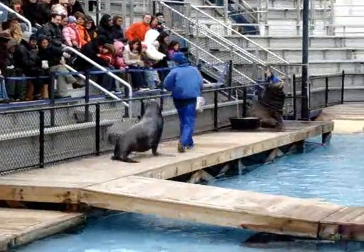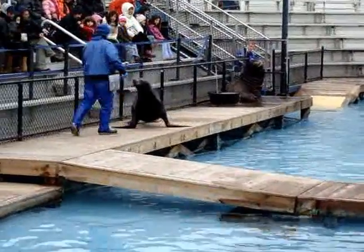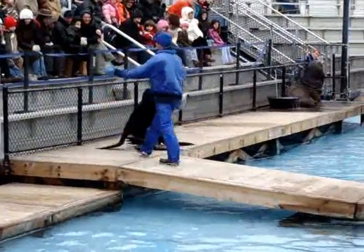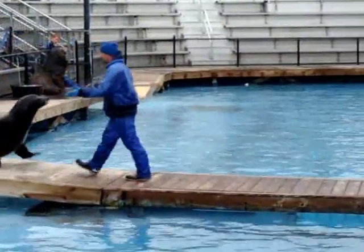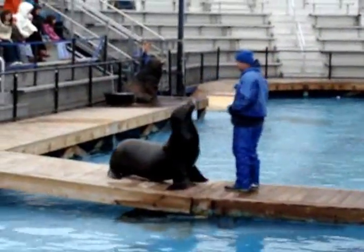Now their hind flippers are used for steering in the water, but as you can see, can rotate underneath their body so they can walk on all fours. Now this makes them extremely mobile on land, which is a great...